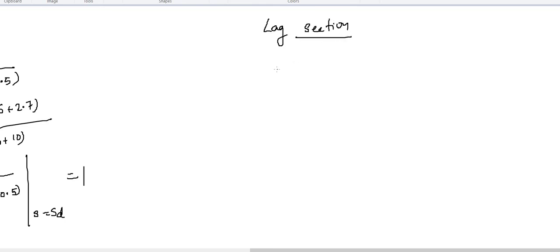How can we design a lag compensator? For that we are taking Gc of s of the lag section as Kc of lag into s plus a divided by s plus b,